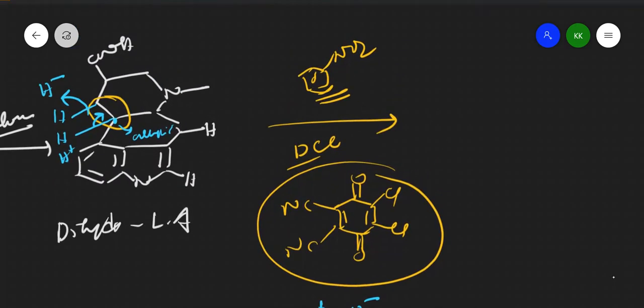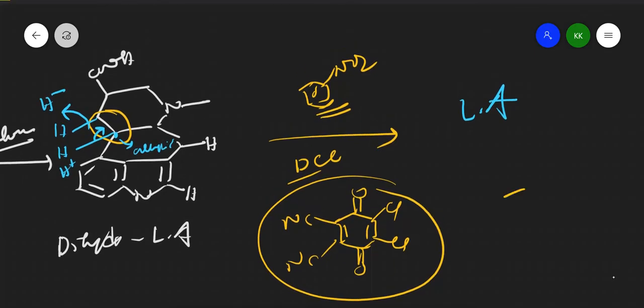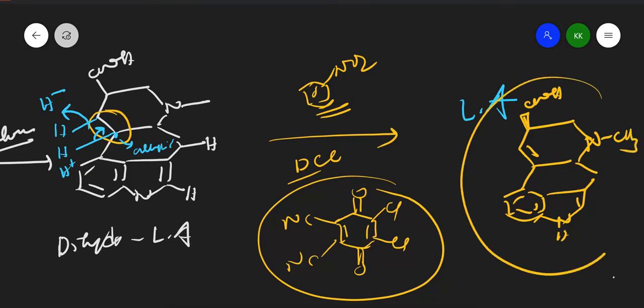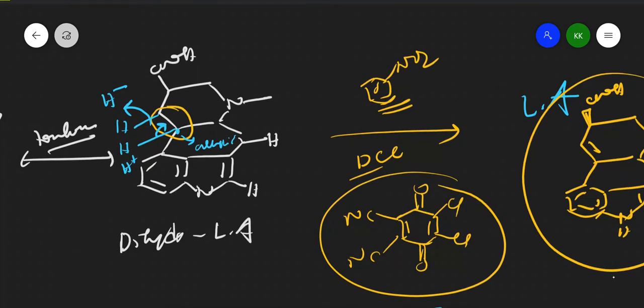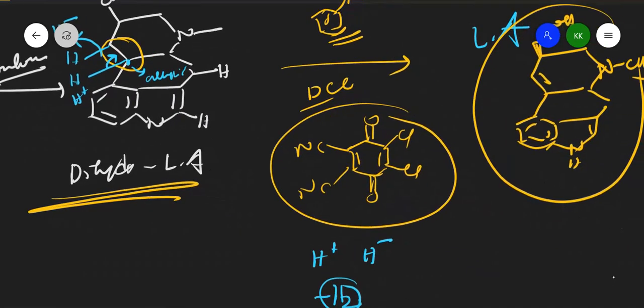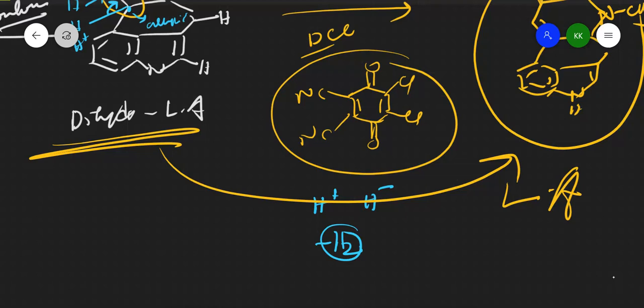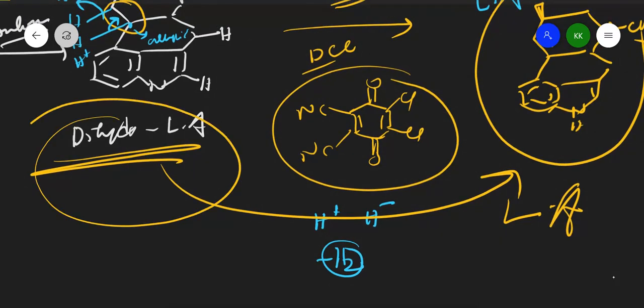So if you do that, we will get lysergic acid, right? So what is the structure of lysergic acid? That is nothing but this thing. You know these things, I should not write it again and again. So this is what we will get. There will be a double bond here like this, and here we will get a double bond, and this is COH, and here we have nitrogen attached to CH3, right? So this is what we will get, lysergic acid. So first the formation of dihydrolysergic acid happened, then the formation of this lysergic acid happened. So this is the synthesis of lysergic acid through dihydrolysergic acid, right?